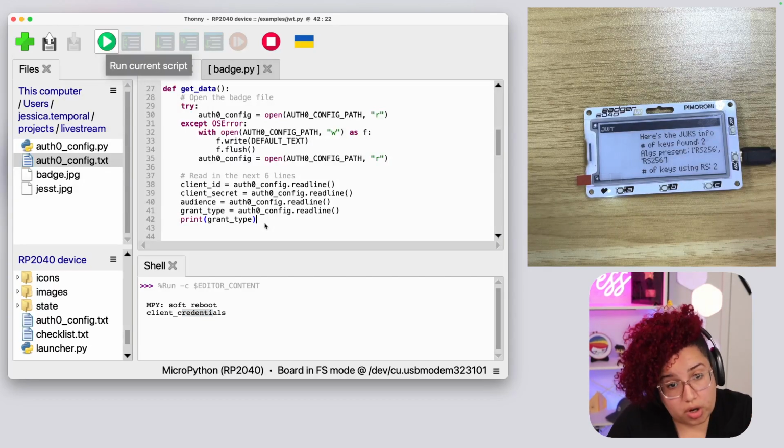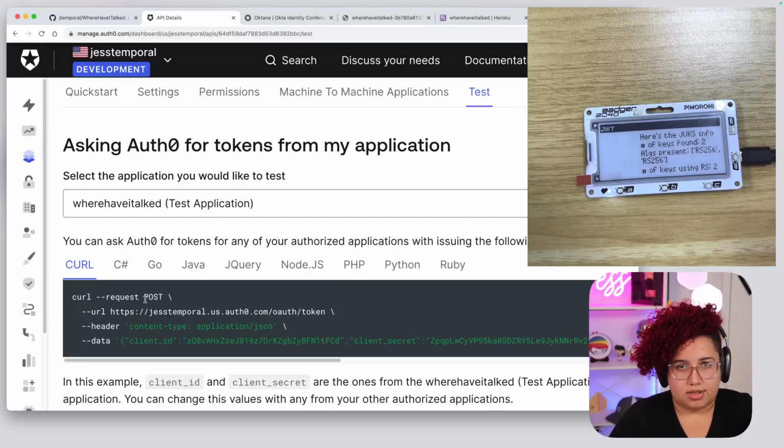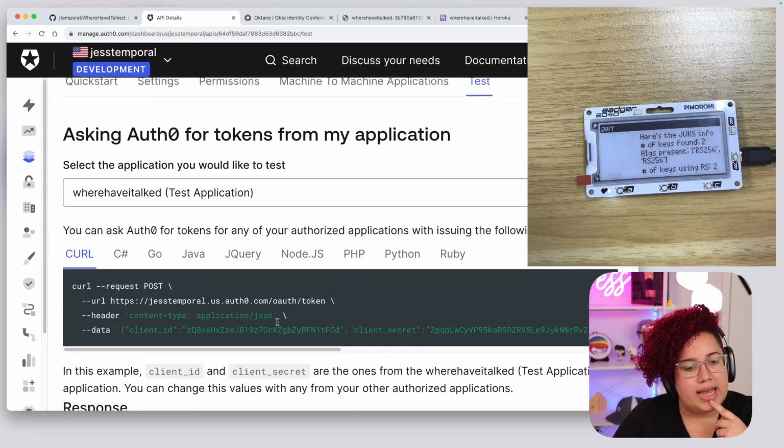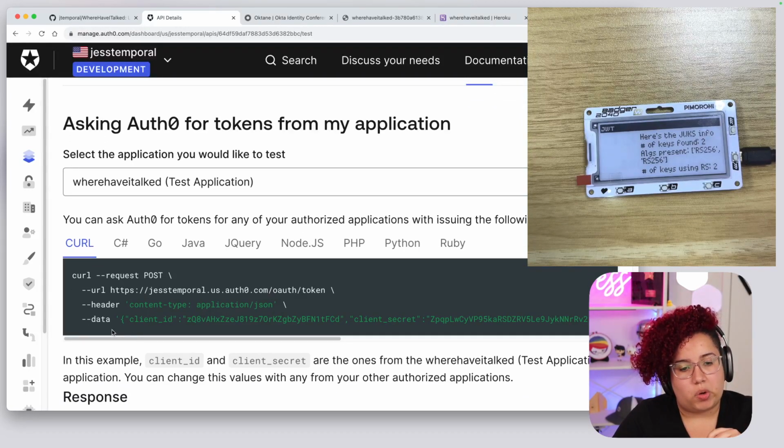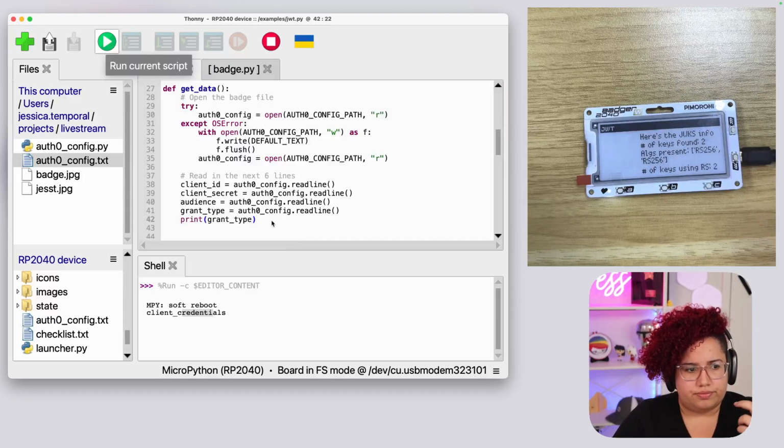That's the plan, right? So if we go back to Auth0 dashboard, Auth0 dashboard actually shows you how to do this. So you make a request of the method post and to the URL of the OAuth token, and then you apply the header that is content type application JSON. I probably need this somewhere, stored somewhere in my variable. And then you pass along as the data of the request, the client ID, client secret, the grant type, and the audience. And the order here doesn't really matter because it is a dictionary, and Auth0 is going to read that in whichever way you send it back. But I like to follow the same order as much as possible, so, you know, I can remember what I'm doing.